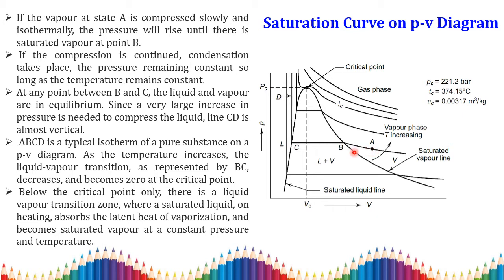Okay. Then what will happen? It becomes a liquid state. Okay. That liquid will again be condensed, again it will be cooled here, and then it will go to the solid state. That process is A, B, C and D. Here also, both the C and D lines will be almost vertical.